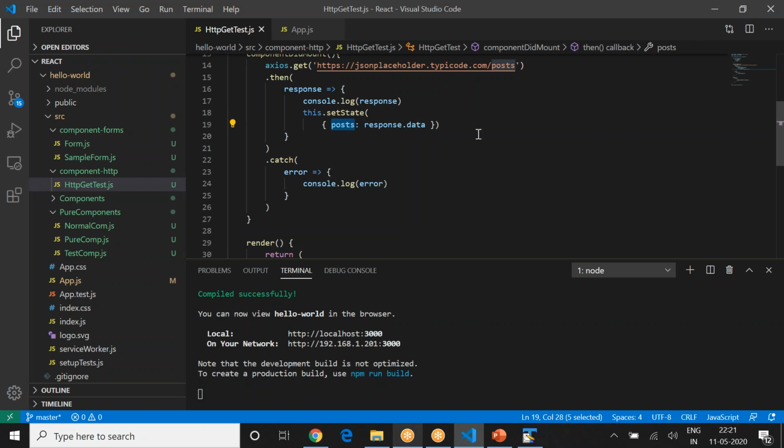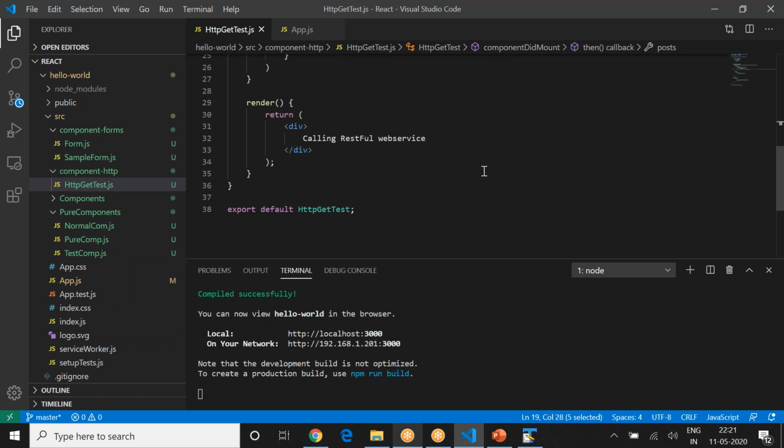Now I want to do what? As soon as the state changes, my render method gets called. So I'll be asking for these details in the render method. For that, I will be writing some code here. It will be like from that map, from that posts map. Okay, it's a map, right? I want to print titles, or I want to print something. Okay, so let's go ahead and do that.